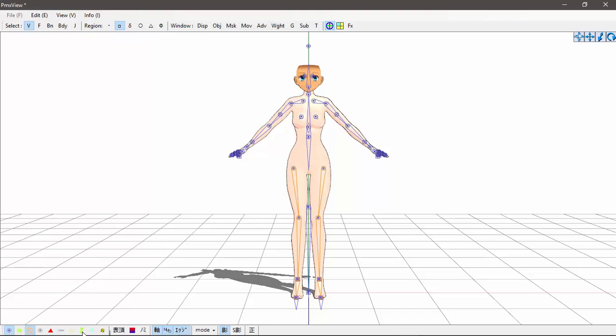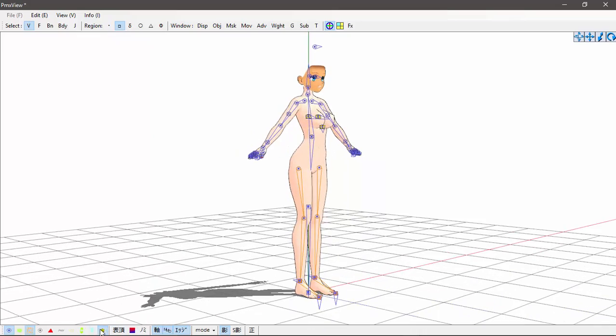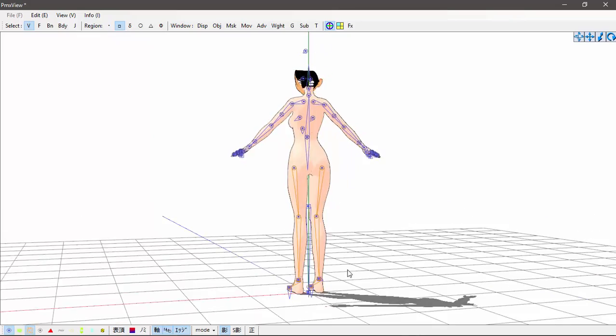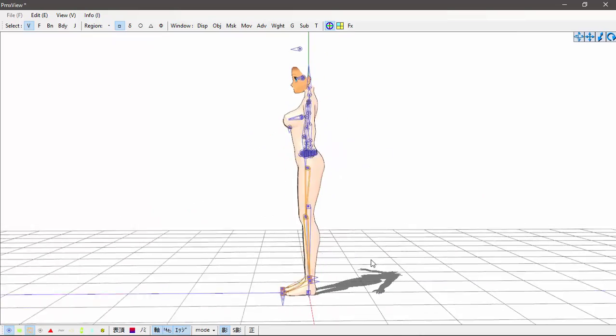This is your physics in wire form, which I prefer having this one and this one up because it's easier for me to see when there's a lot of extra stuff. But if you click on this, that automatically gets selected down there. So you can just use these down here if you want. And then this little box is your joints. I'm not going to talk about any of the other stuff. So that's literally about all your important buttons on